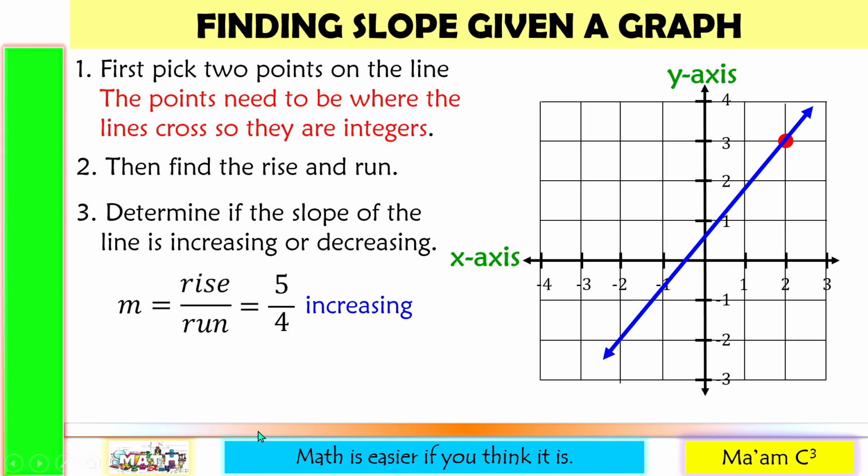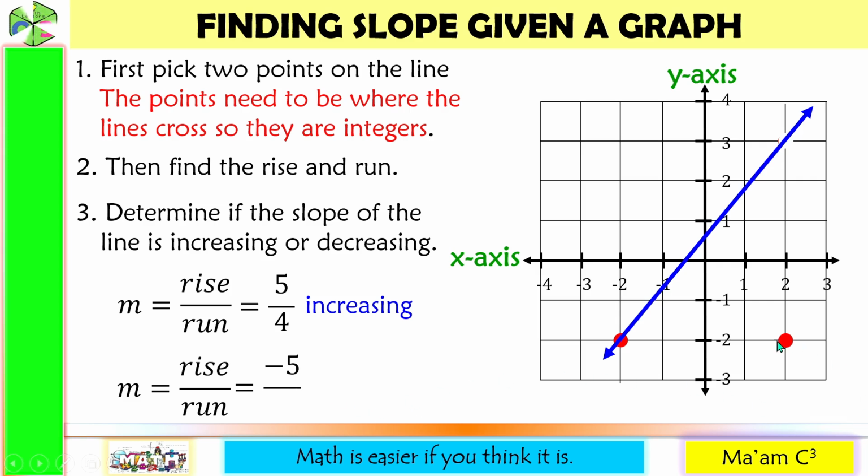Let us see. So again, our formula for slope is rise over run. Let us choose another point. So there will be 2 points. So let me choose again this one. So this time I'll start from here. So I'll be going down and let us count. That would be 1, 2, 3, 4, and 5. Since I went down, from what you have learned last time, it should be negative 5.